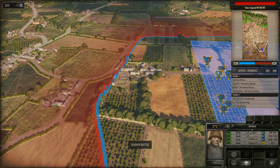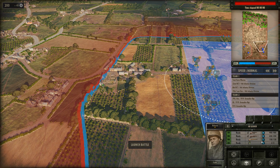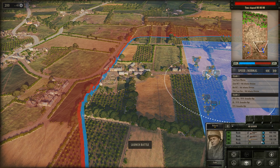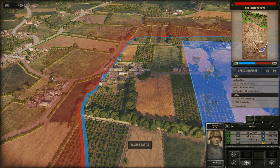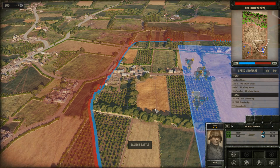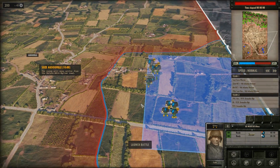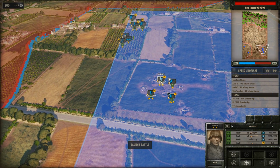So we're going to send these rifles to this building. The leader, I'm going to keep slightly further back there. These rifles go over there. You guys here, Pathfinders, slightly moving up. I'm not exactly sure where the enemy is going to be, so these mortars I'm going to keep in reserve. The boys over here, the rifles, the leaders...